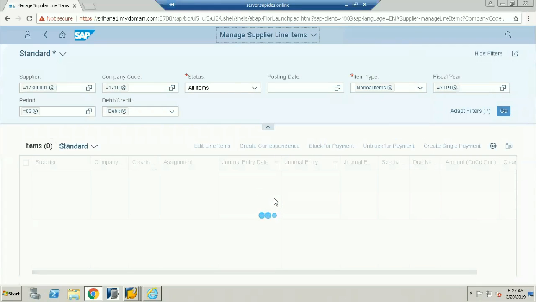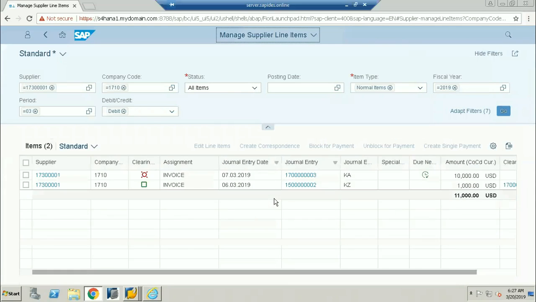Based on that, the client will understand that these are the number of Fiori apps available, and these are the number of GUI transactions still available from SAP ECC to SAP S4HANA. This will give a complete understanding to the client. The client will look into that. But any consultant who is very familiar with Fiori can directly log into Fiori and see what all the Fiori apps there are.